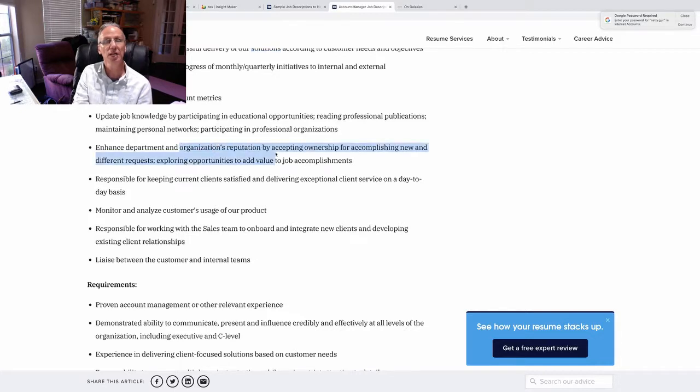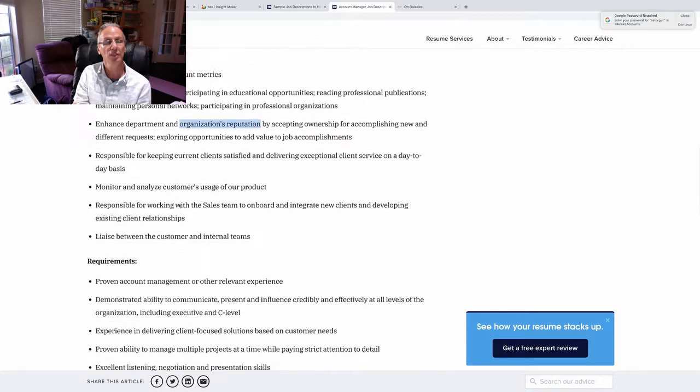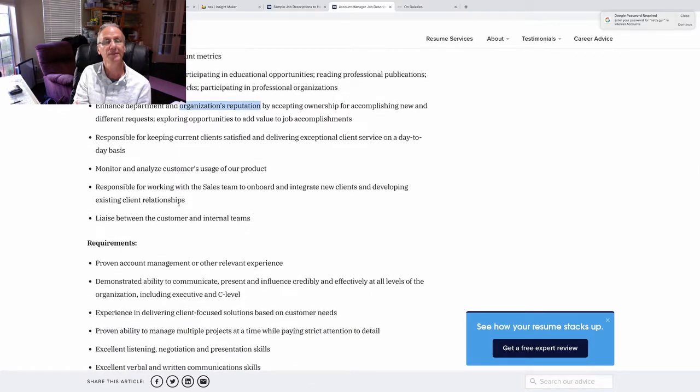Organization and department reputation might be a fifth. Client we already have. Customers we already have. So I think sales goes together with organization and reputation, so it's helping internally